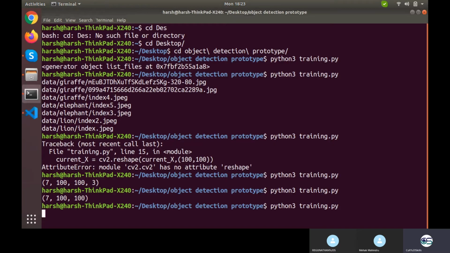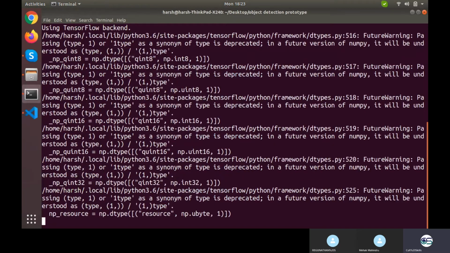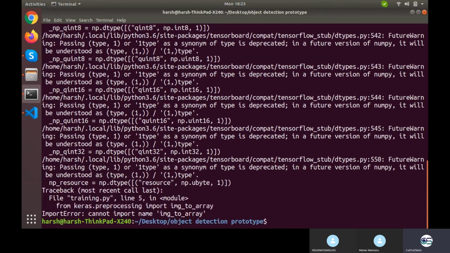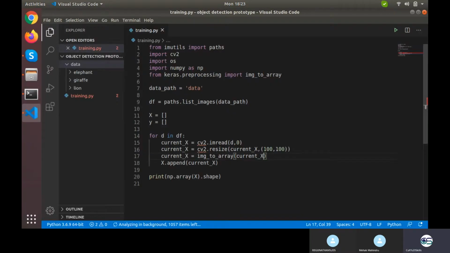Let's see the shape now. Okay, it's importing Keras and all the warnings. Cannot import name img_to_array. Something is wrong here. Maybe I'm missing a spelling.